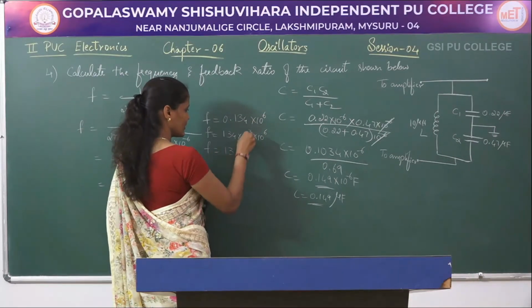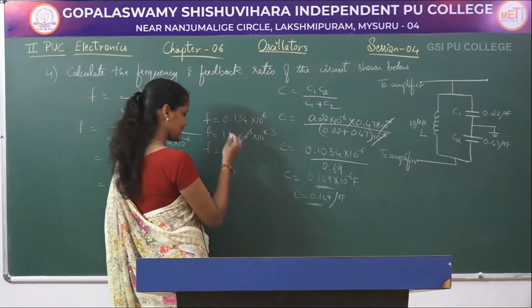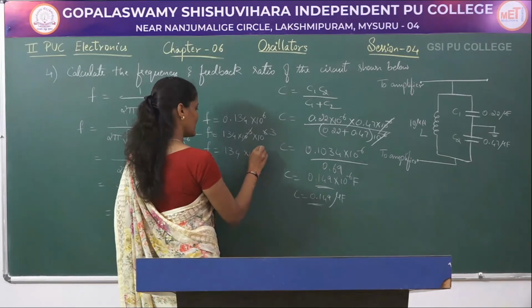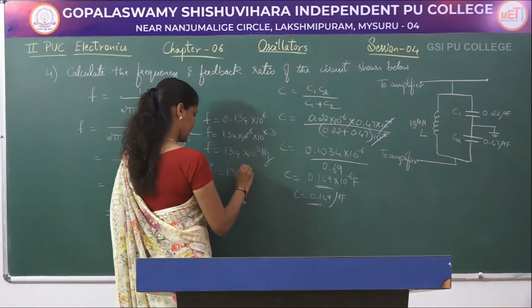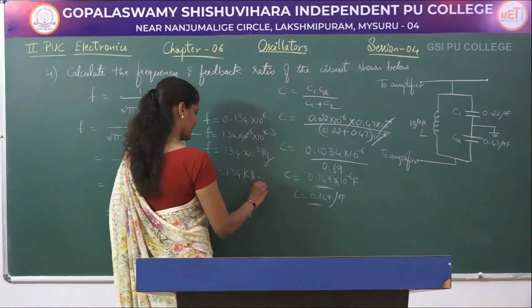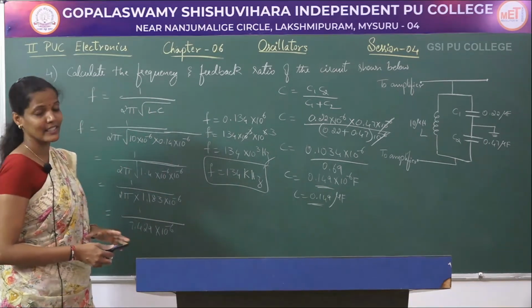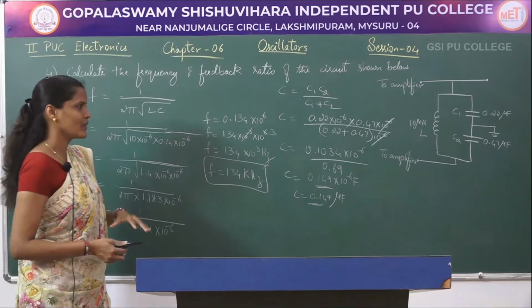So, 134 into 10 to the power of minus 3 gets cancelled with 10 to the power of plus 6 and I will be left with 134 into 10 to the power of 3 hertz, or F is equal to 134 kilohertz. So, this is the frequency value, that is 134 kilohertz, for this given circuit diagram